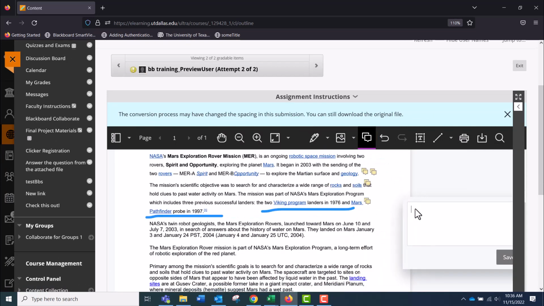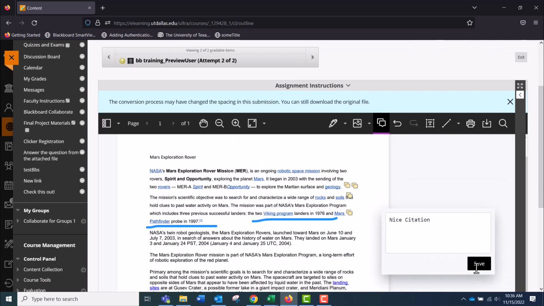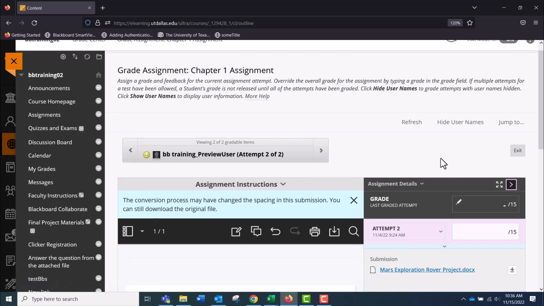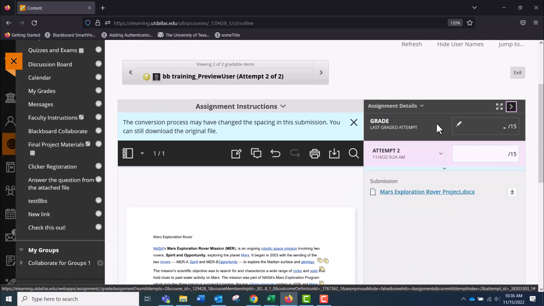Once you've made all your comments, you can save. Select Restore View, or show the grading panel to continue. You have the options to download the assignment and to print. Next, we move on to grading.